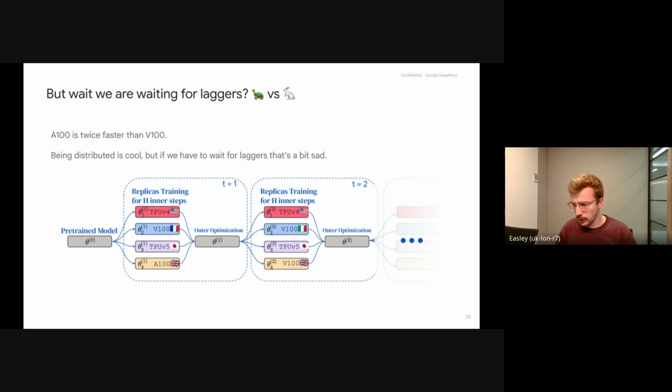So now I have shown you DiLoCo, and that's great. I can tell you that we can communicate every 500 steps instead of every step. I can tell you that when you have to communicate, which is very infrequent, we can compress that communication to be even more byte efficient on the bandwidth. But there's a problem. If you remember, in the beginning I told you that in our setting, we could use different accelerators, for example, H100 versus V100, different kinds of devices with different speeds on each replica.